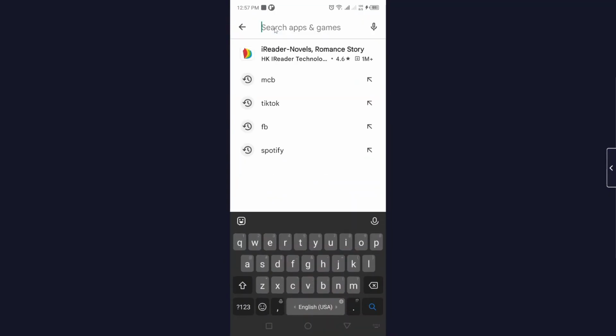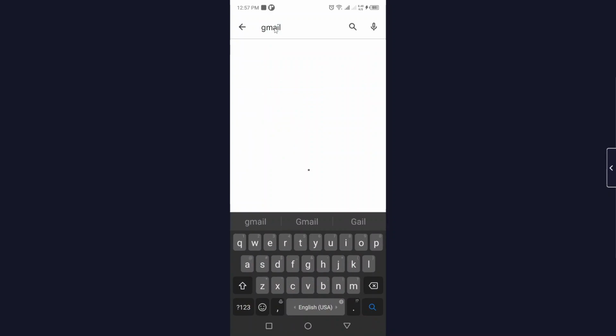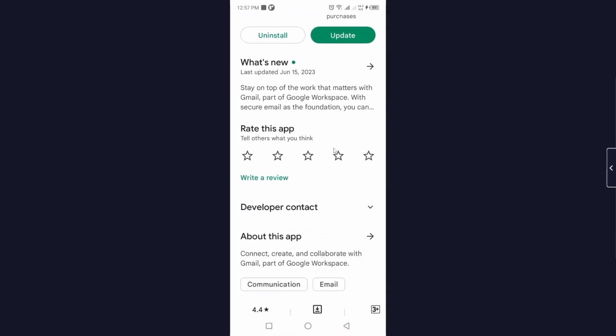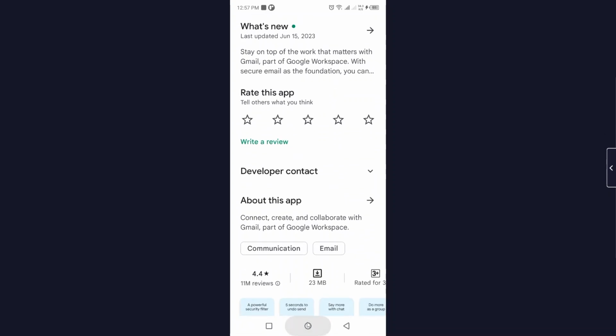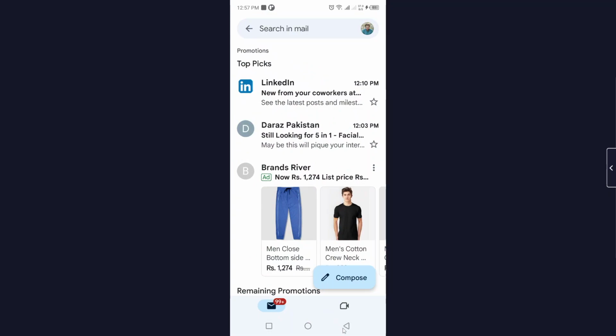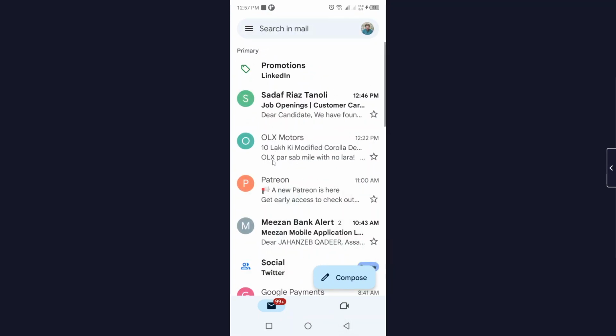Open Play Store, search for Gmail here, and update your Gmail application. Once you have done that, you simply need to go back and open Gmail, and hopefully your issue will be resolved. But if your issue is still there, you simply need to click on the three bars